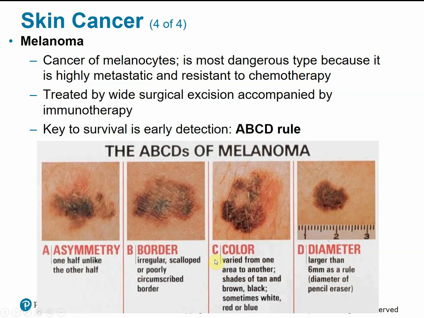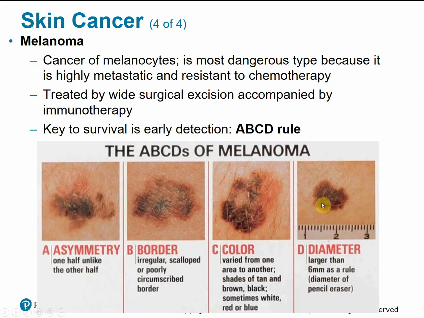C is for color. With melanoma, you may have various shades of color in the mole, whereas your healthy freckles and moles would be one solid shade of brown. And then D is for diameter, so the size of the mole. Generally, moles that are larger than 6 millimeters, or say the size of a pencil eraser,